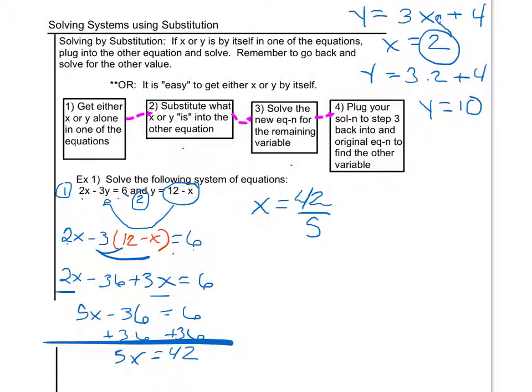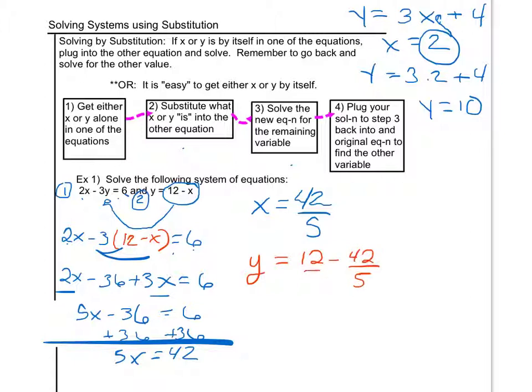But as you know, when you're solving a system of equations, you're solving for the point where these systems intersect. Well, x equals a number isn't a point. A point needs both an x and a y. So now that I know what x is, I'm going to go ahead and look at my step 4. I'm going to put that back into my equation, either my original equation 1 or my original equation 2 up here. I'm going to go ahead and pick my original equation 2 since y is already by itself. Then I won't have to do any solving when I'm trying to figure out what y is, just simplifying with